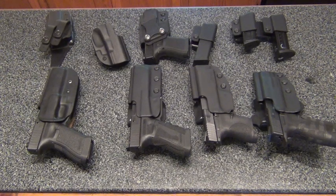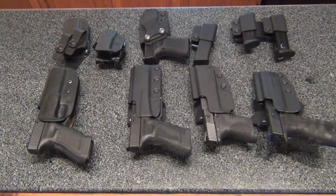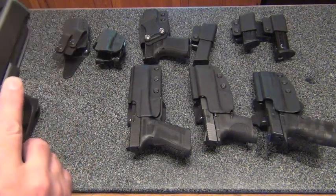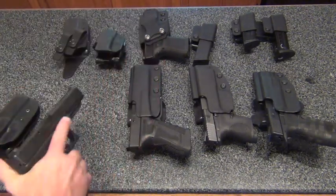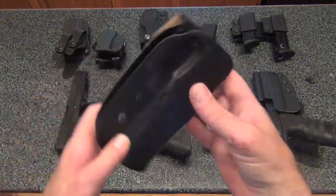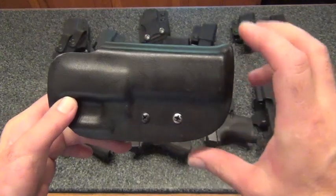So the first thing I want to speak to are these holsters on the left. These are Tech designs. The Tech has been around for a while, and this is an unloaded Glock 35 and 40 Smith & Wesson. But the Tech holsters give you this ability right here to tighten the